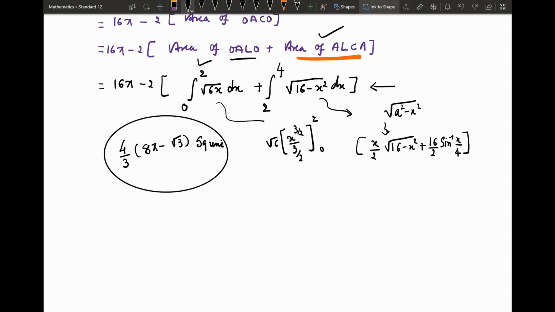Limit will be 2 to 4, and first put upper limit, then put lower limit. So simplification will be 4 by 3 into bracket 8 pi minus root 3 square unit will be your answer. Next one,